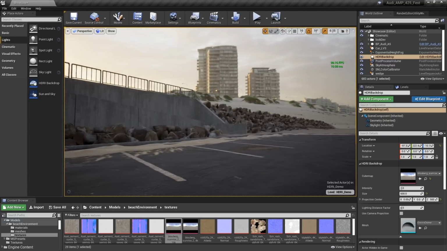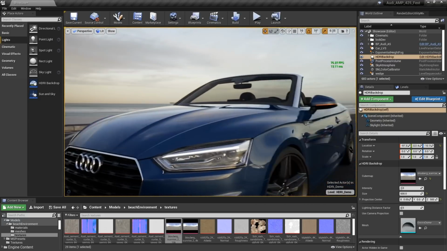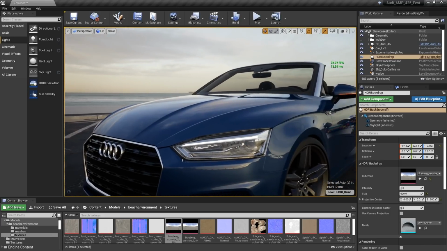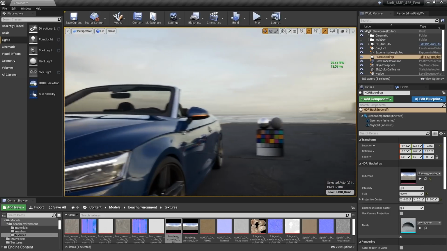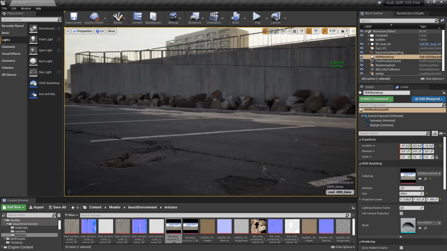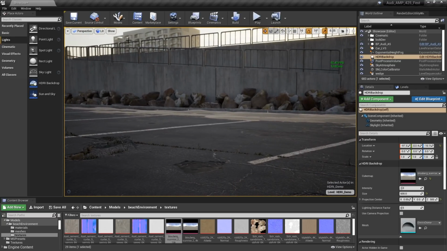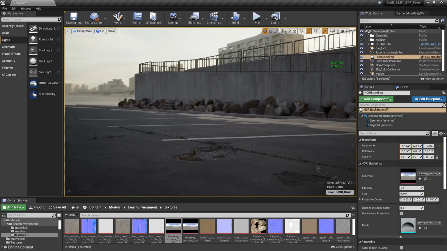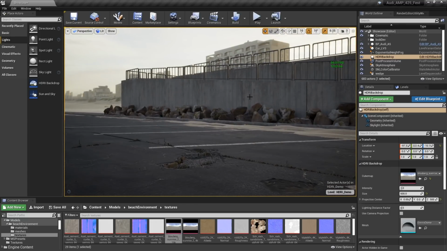I think this image at 0 actually has a lot of detail in it. It's probably a little underexposed right now, but I'm going to set everything up with it at a value of 0. So you'll notice that the environment feels really dark, especially when you look at the backside of this building versus the backside of this walkway. So what we want to do is increase the amount of intensity that the skylight has.